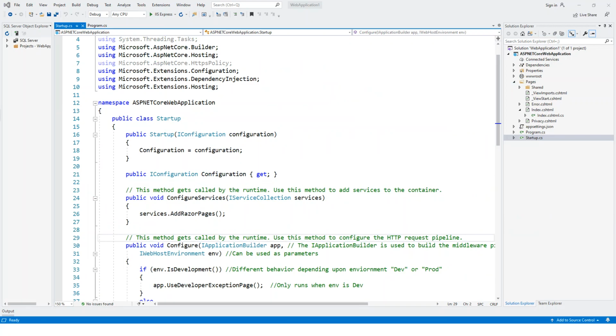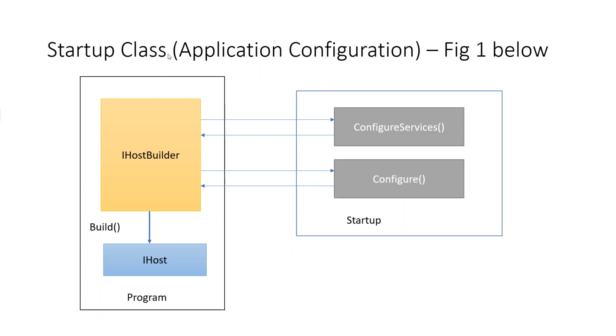Okay, now let's get back to the slideshow. So this has got a block diagram of the startup class. Now this is the program class. It shows the interaction or communication between the program and the startup class. The program class has this IHostBuilder, which creates an instance of IHost when the Build method is called, and IHostBuilder calls the ConfigureServices method and the Configure method.